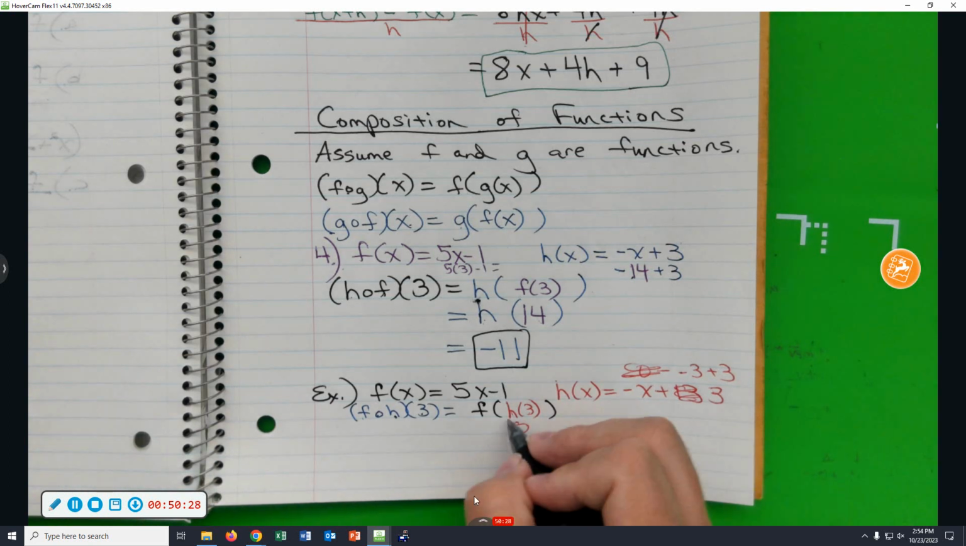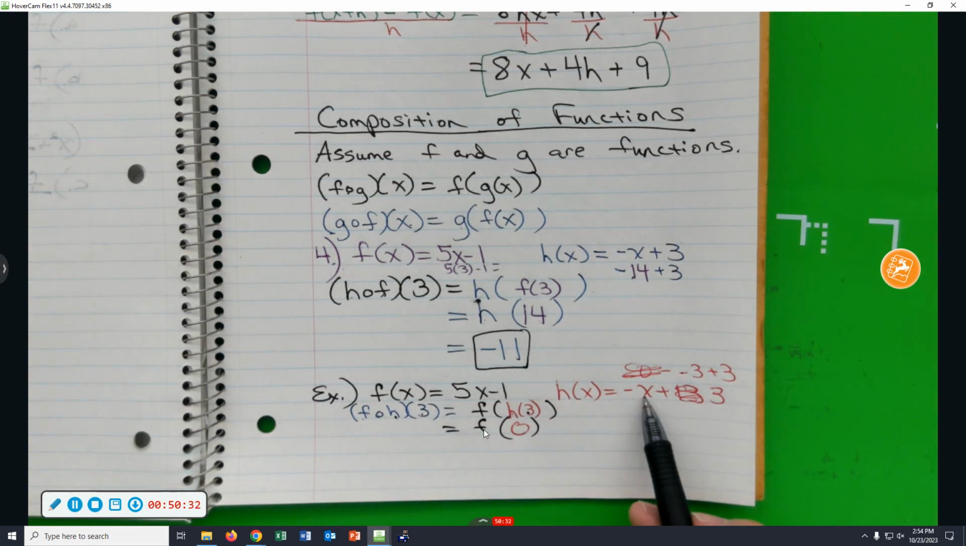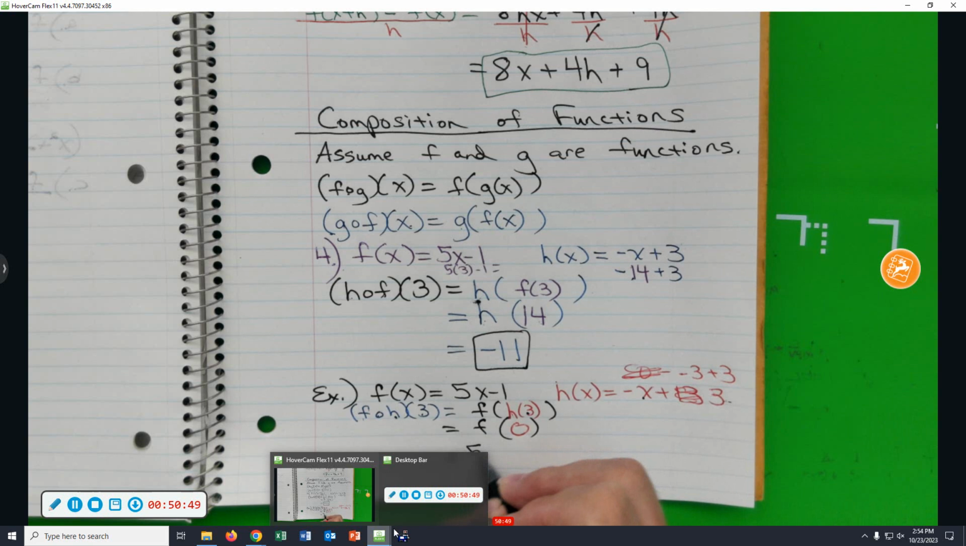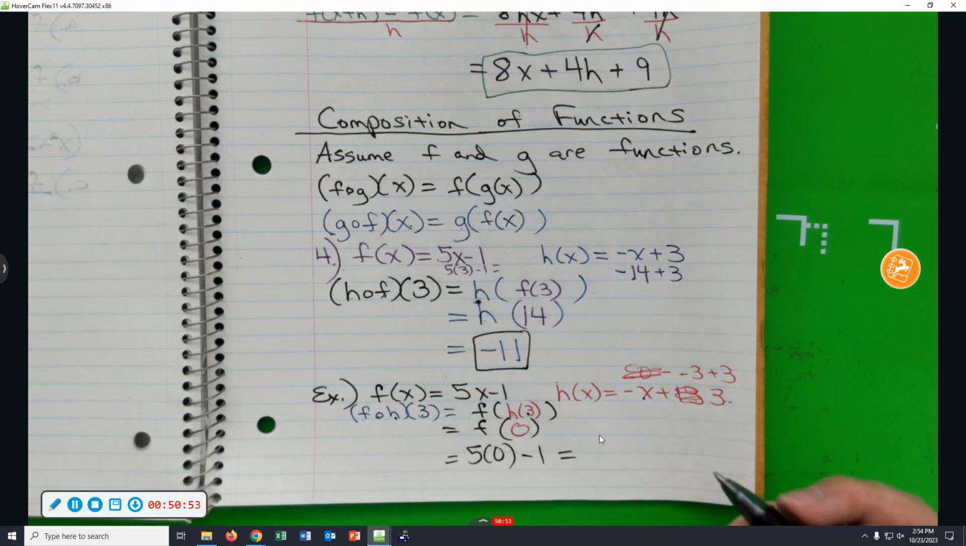Any questions on our logic there? We plugged 3 into h. That gave us 0. Now what's this notation saying to do? Go to f and plug in 0. So you're going to have 5 times 0 minus 1, which gives me a final answer of